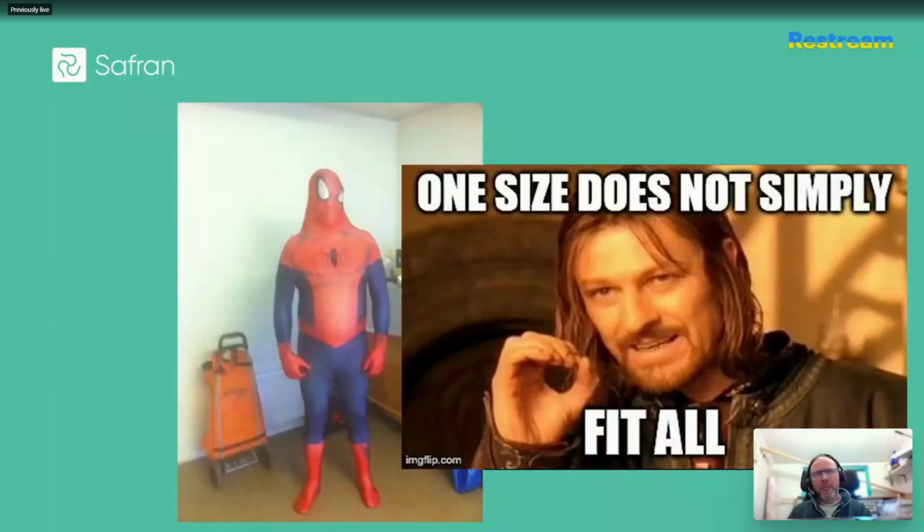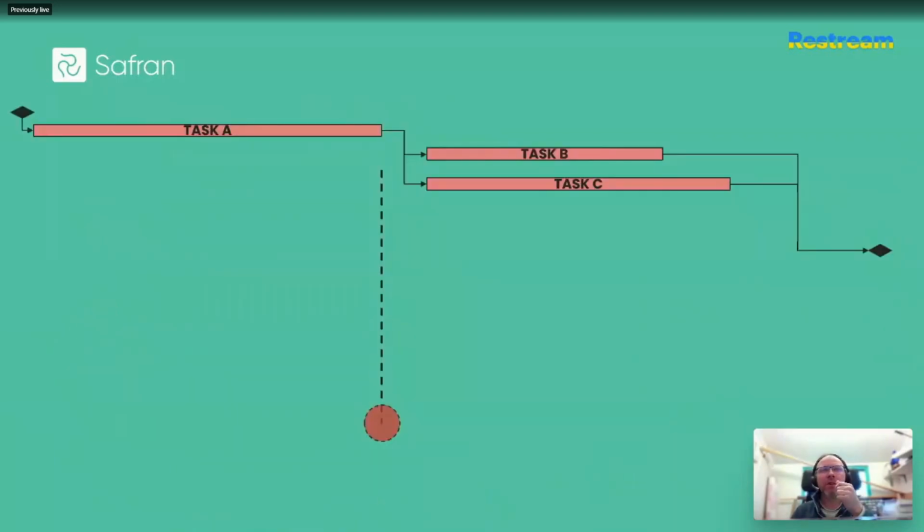Now, because if we only focus on one single formulaic approach and praise that approach above all others, then devoid of context, we risk treating every situation as if it's a nail, and then we'll keep reaching for the hammer when maybe a screwdriver is what we really need. So let's take a look now at the art of the possible.